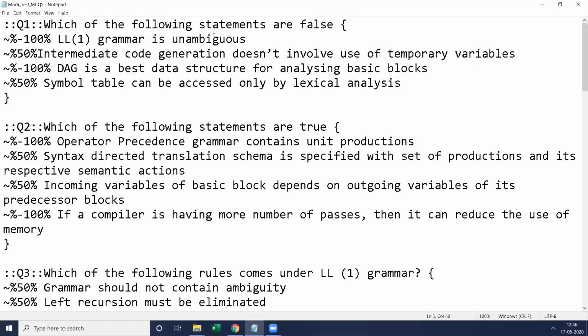For a wrong answer, by default give minus 100%. There is no kind of distribution. Distribution is given only for right answers, not for wrong answers. After distributing positive 100% across all the right answers, by default give minus 100 for all the wrong answers. If 2 wrong answers are there, give minus 100 for the first wrong answer, and minus 100 for the second wrong answer.